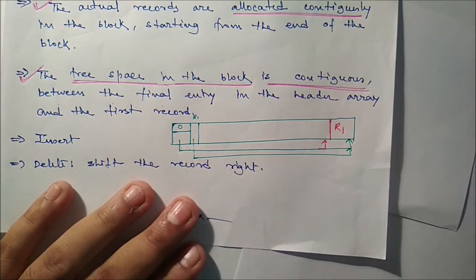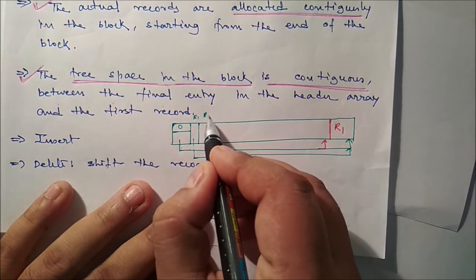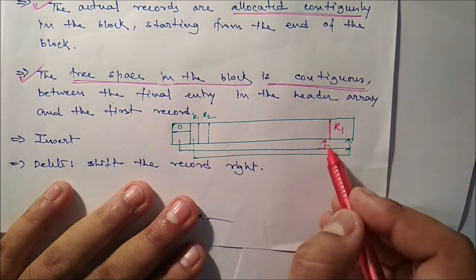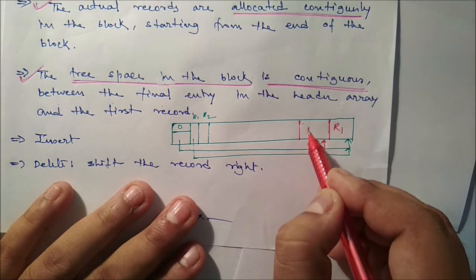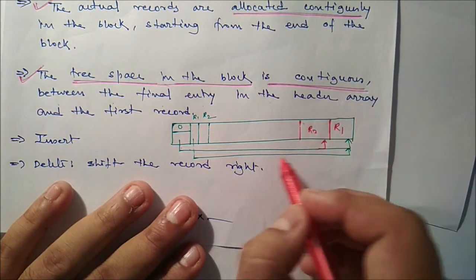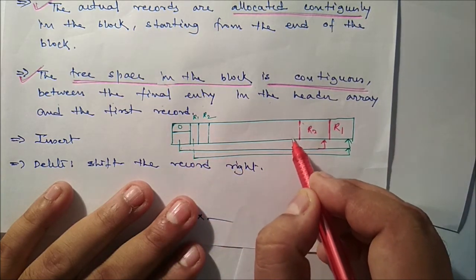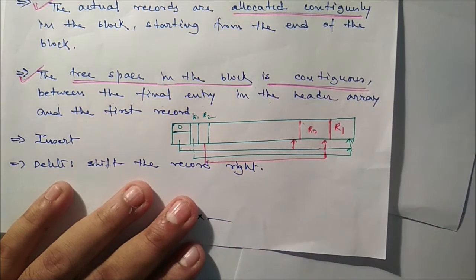Now suppose record 2 needs space. For this record 2, we can identify from where we have to store it. Suppose the record 2 size is this much. You can see this is variable length, the lengths are not fixed, so we have to update the free space. So free space is what? This is nothing but the free space. Now the starting address of record 2 is this one. Are you getting this one?